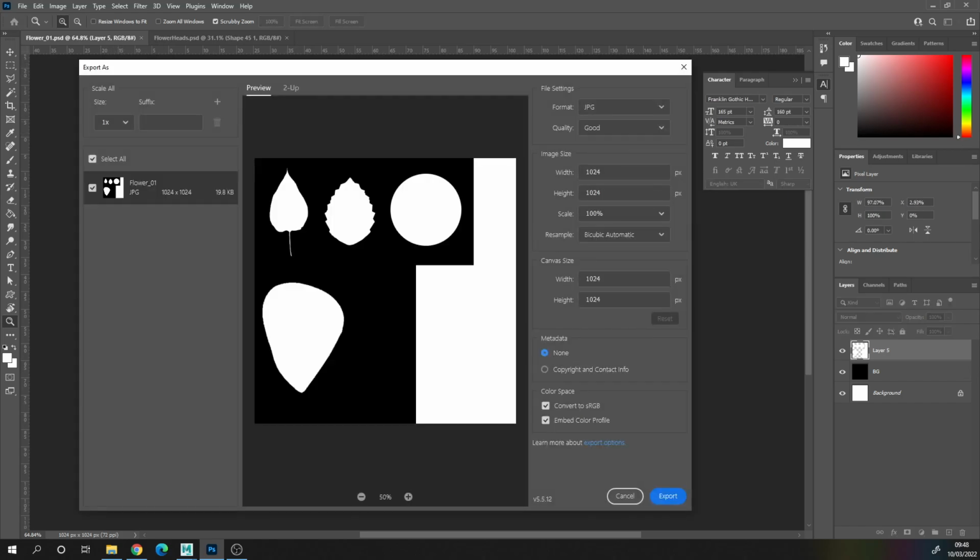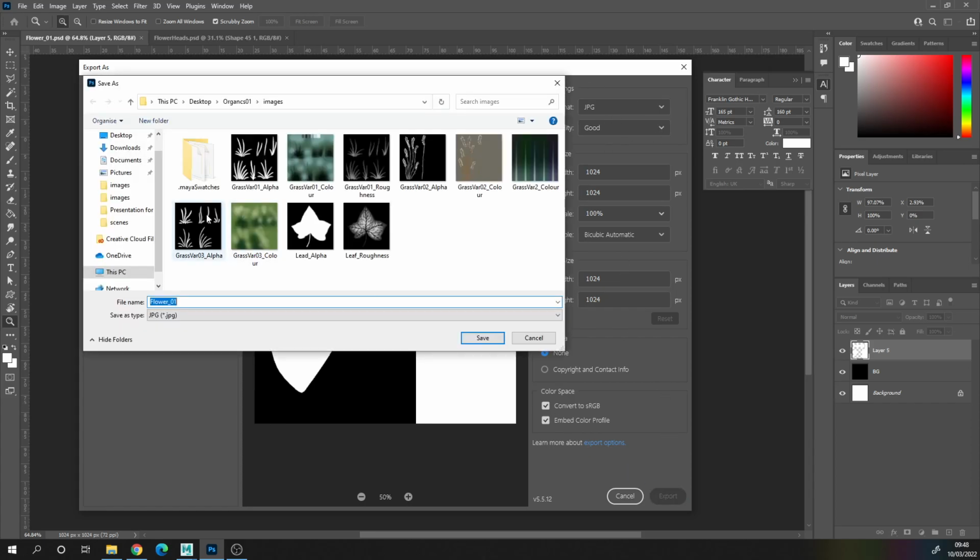Control Shift Alt W. It's a bit of a ninja claw thing, but that's the shortcut for the new save from Photoshop. The annoying one. So I'm going to save that as a JPEG. Save it as good. Send that out to here. Let's call that file 1